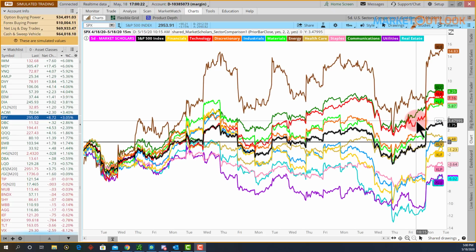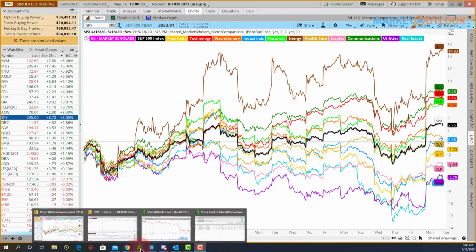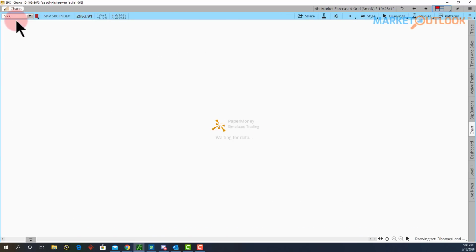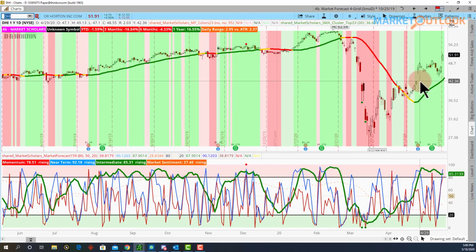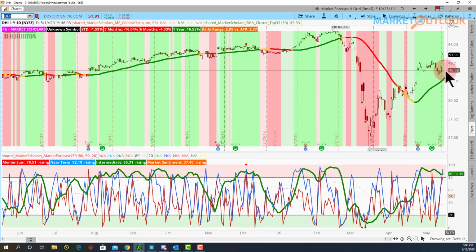All right, so that leads us now to our trade idea of the day, and let's take a look. It's actually in, obviously, this leadership area that we're looking for. In this case, a discretionary area, and that's the Homebuilders. Homebuilders haven't been doing too hot lately, and they've been underperforming throughout most of this recovery until earnings season. And in earnings season, they really took off, and you can see DHI, DR Horton, broke out on this earnings. It's been sideways during the rest of the expiration cycle, and then breaking out here today almost with an